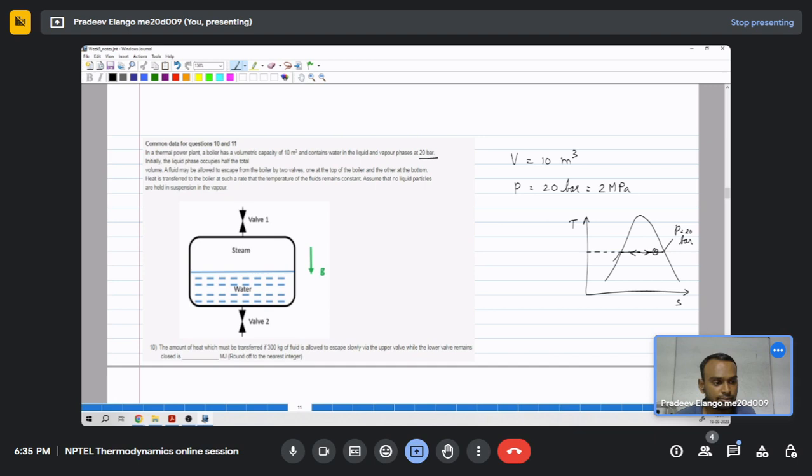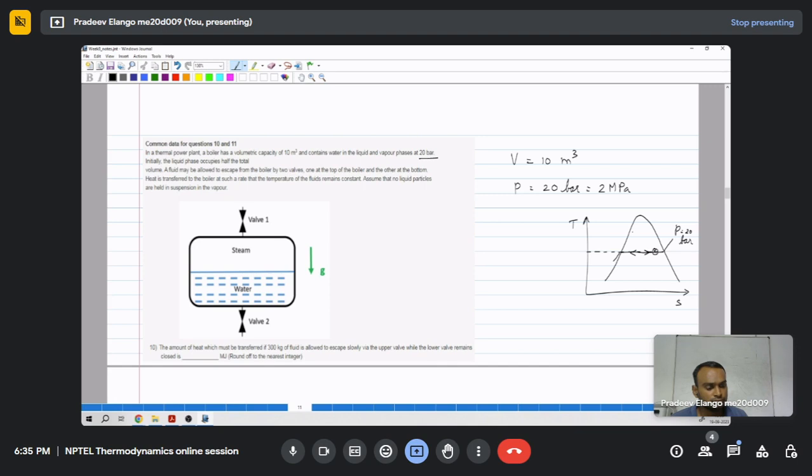Sir, I have a doubt here. Actually, because of that only I made the mistake in the assignment. There is one sentence, and because of that, while solving, I am getting confused: assume that no liquid particles are held in suspension in the vapor. What I assumed is that steam is a separate entity and water is a separate entity, rather than there being any existence of wet steam as such. So in all the calculations, the internal energy calculation, I made the mistake there. While calculating the initial internal energy as well as the final,